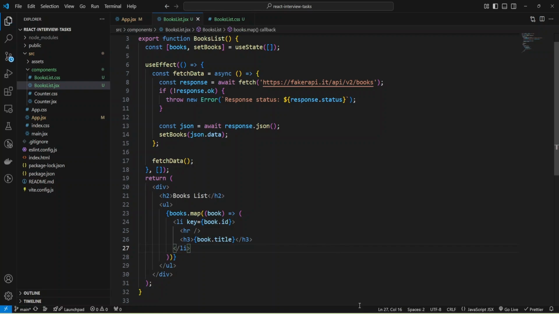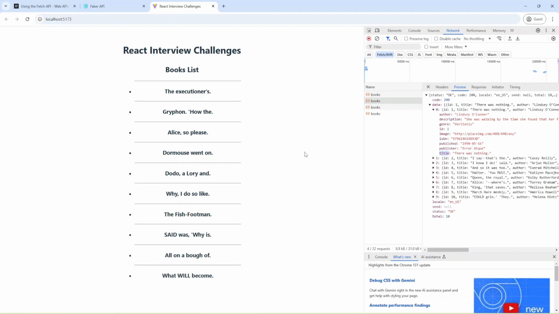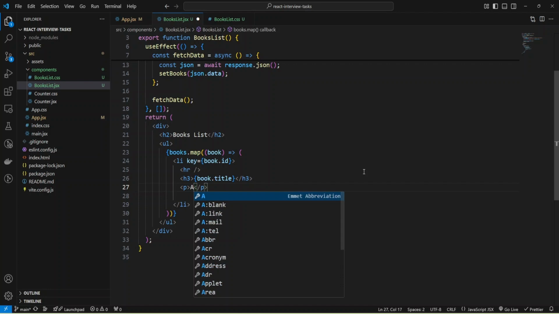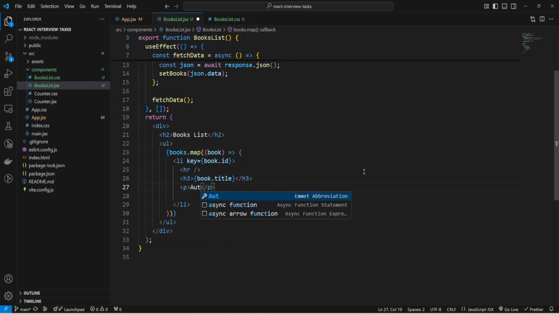Okay, and let's check, and as you can see we have a list of books, and I can build my JSX further, and also provide more details like a paragraph. Let me add a paragraph. Okay, and I'm going to provide author.